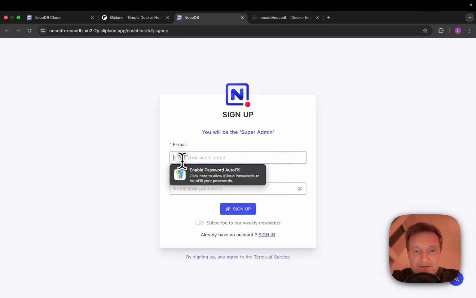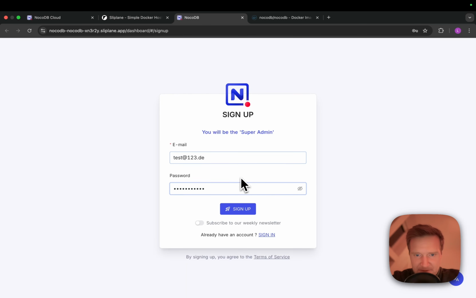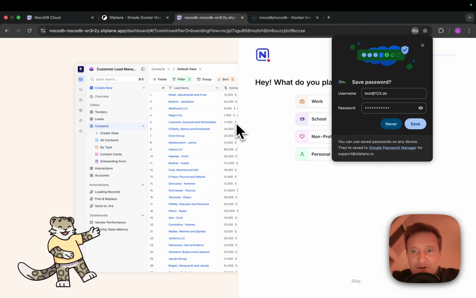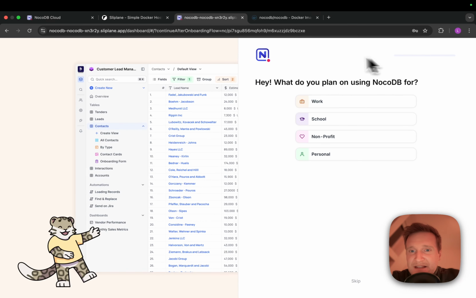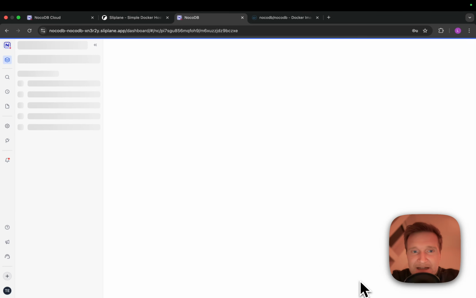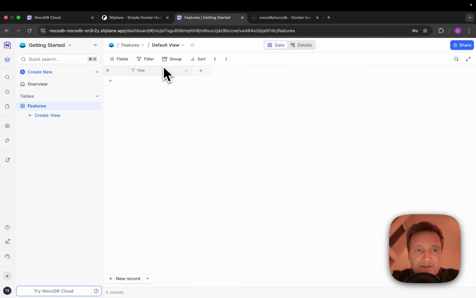our database. So let's quickly choose an email. I will just use a random email and password for this demo right here. But of course, you want to use your own email and a super secure password to sign up for NocoDB. I won't save the settings right here. And now they ask me what I plan to use it for, and I will just skip this little survey. And that's basically it. I'm in the NocoDB